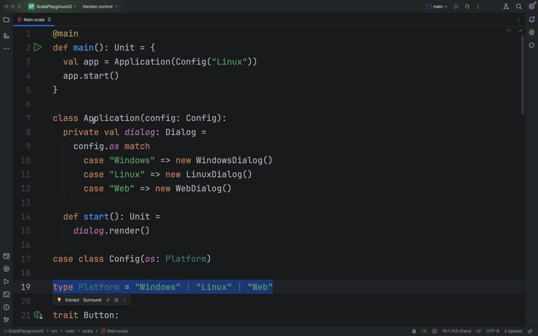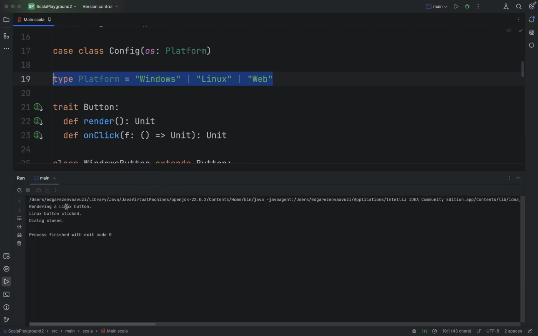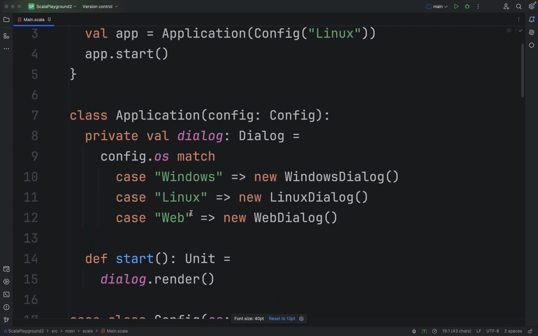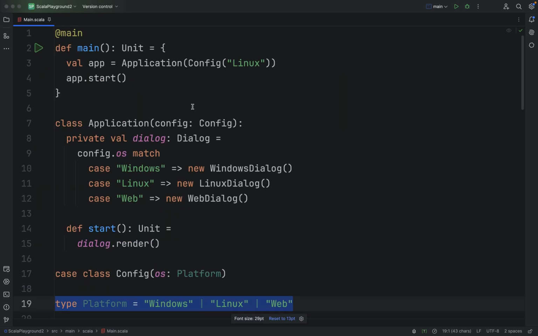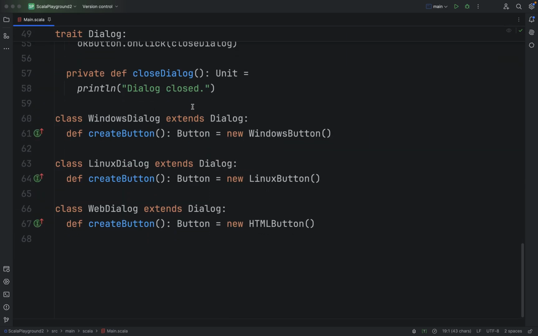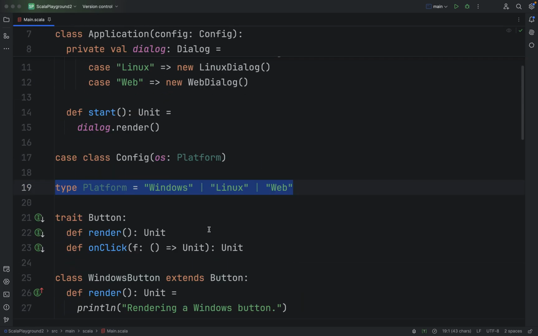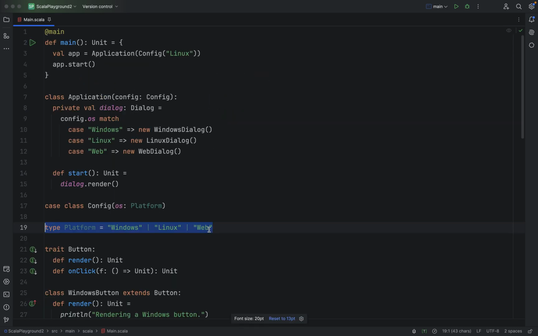Also, we have changed this. So let's see how it behaves. I think it's okay. Yeah, rendering a Linux button clicked dialog close. So it's a really powerful pattern, which, to be honest, I haven't even used in my production journey so far. Yeah. So I don't believe that. Yeah, we can omit this new